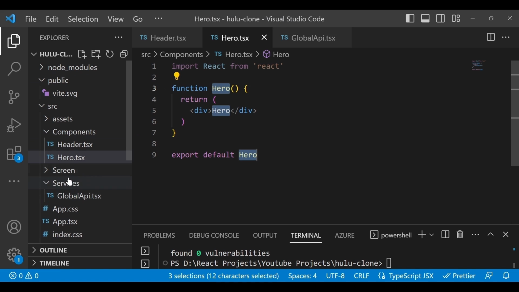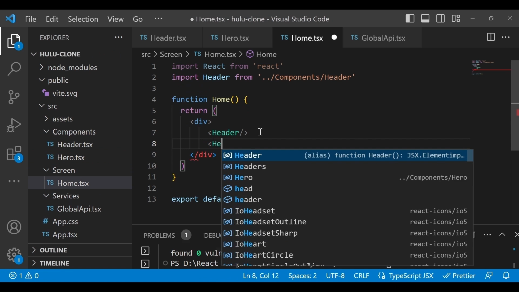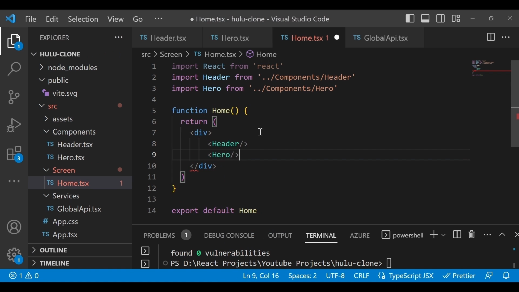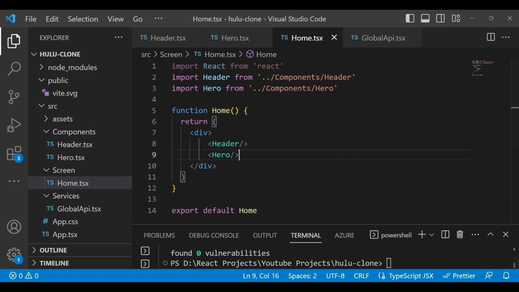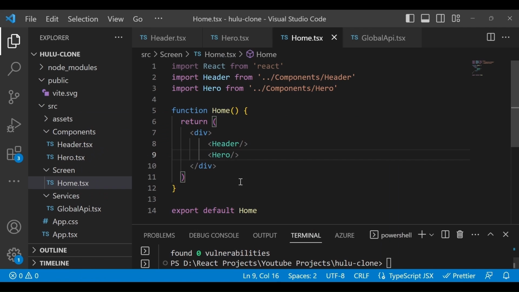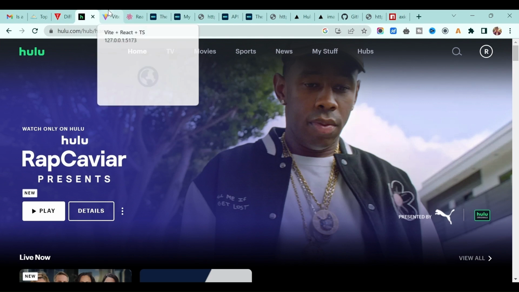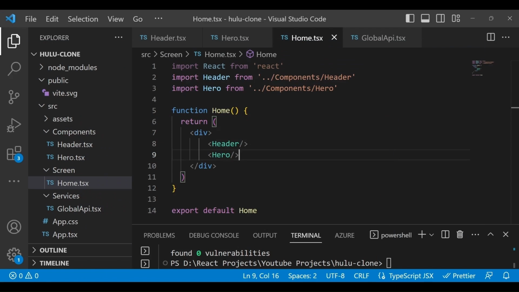Let's add it in our screen home. So here I will add the hero and save it. Now let's go back to our application, and you will see this hero world written over here, correct? Now in the hero section we will fetch some popular movies, and randomly show the image and text, everything regarding the movie.